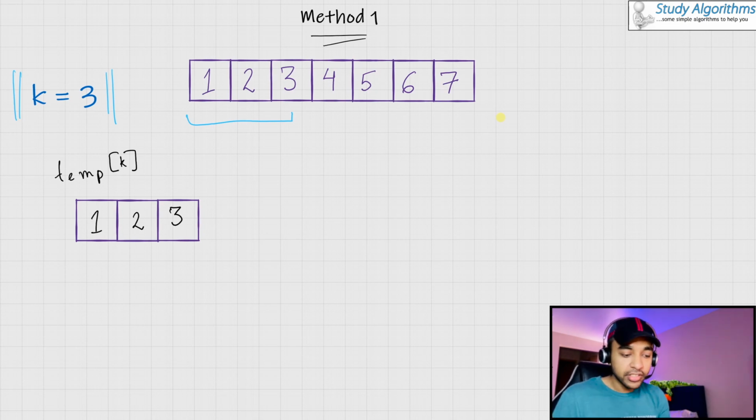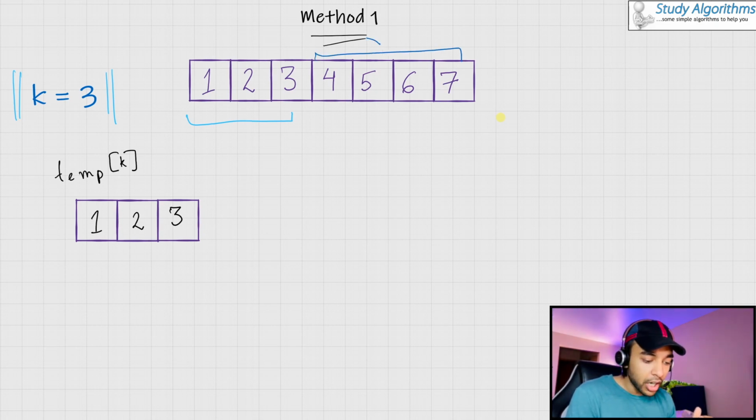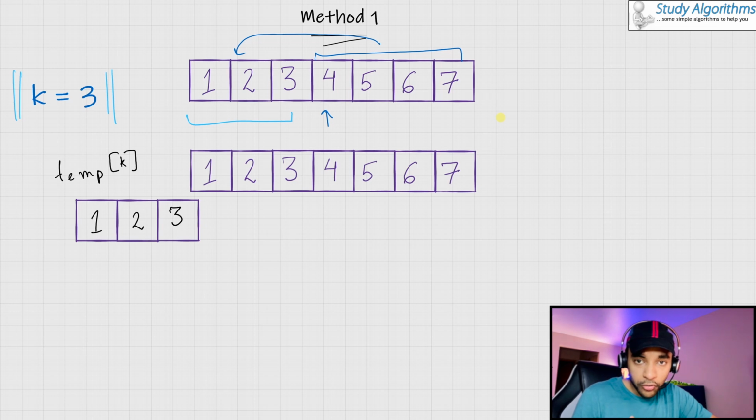What you're remaining with is you need to shift the rest of the values towards the left. So all of these values should come over here, right? So how you can go about doing that is just copy each of the values starting from 4, 3 positions to the left. So what you will do is you will start copying all of these values.